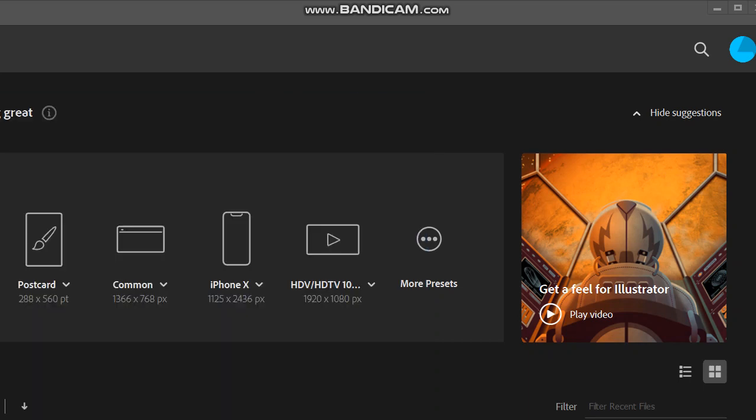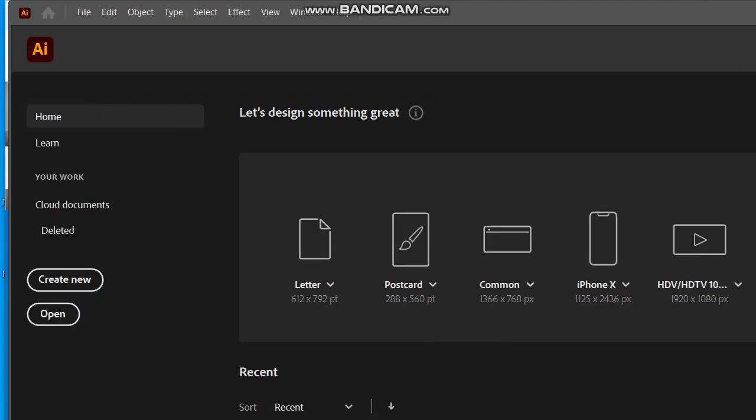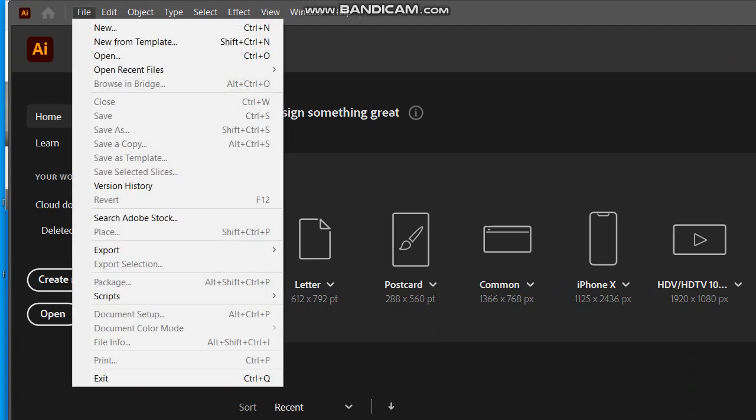In this video, we are going to be looking at Illustrator. So Adobe Illustrator is quite similar to Adobe Photoshop in terms of the layout and the workspace. So everything should look quite familiar to you. Anyway, let's get started with creating a new file. So you would go up here to File, New,